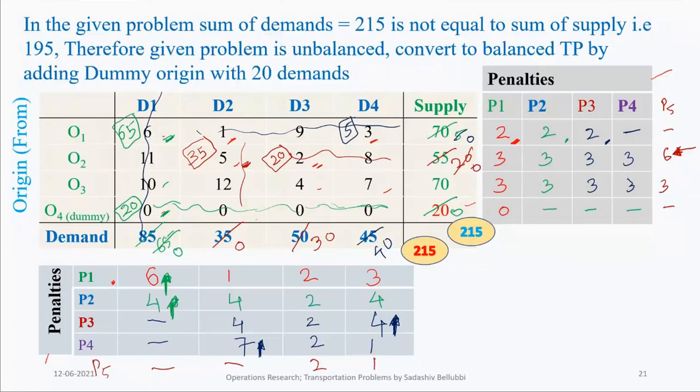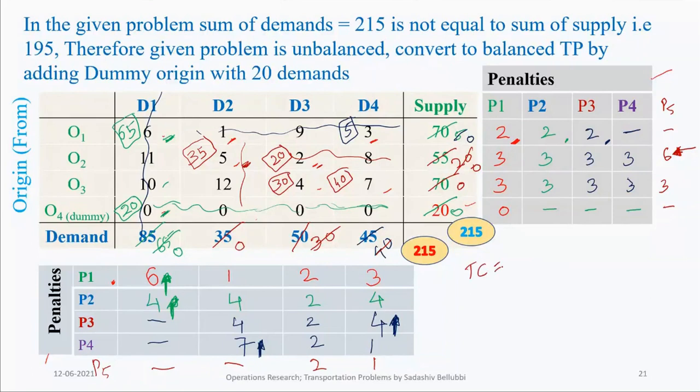So directly we can allocate here because the supply of 70 is remaining and the demand is also 30 plus 40 remaining. So we can allocate 30 here directly and 40 here directly. If you allocate 30 and 40, it will be exhausted. Even these two will be exhausted. Once all the supplies and demands are exhausted, we need to find the transportation cost.